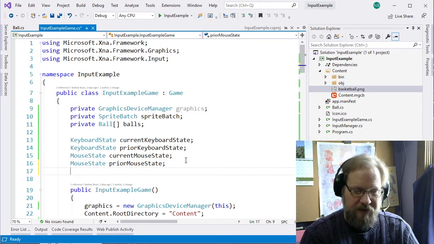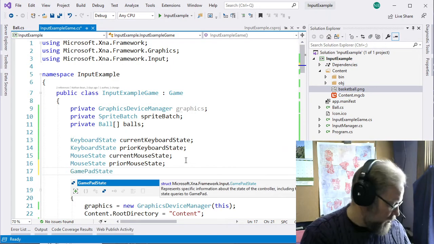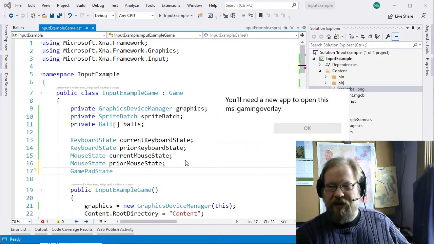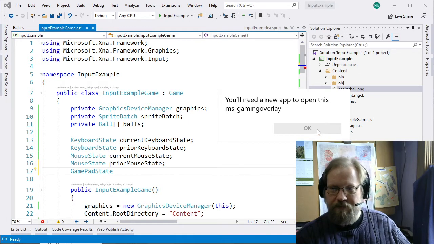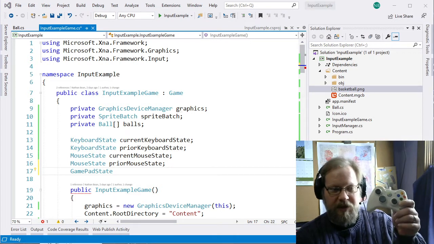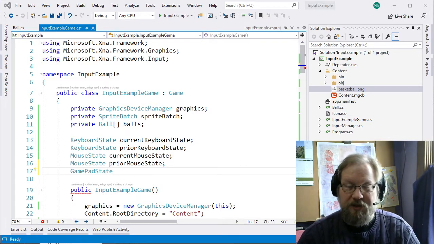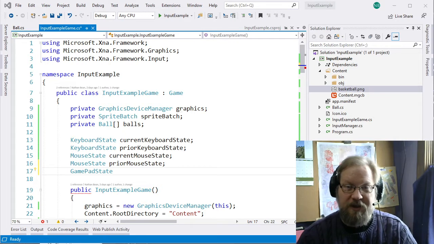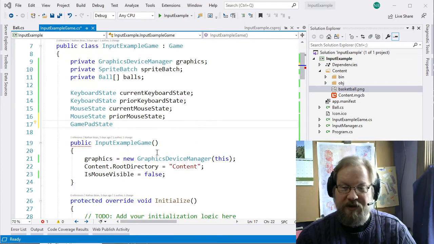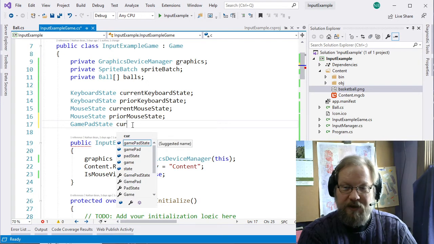So the next one we're going to take a look at is the Gamepad. And gamepads can look something like this, which is an Xbox 360 gamepad, just plugged in through USB. We can also have a lot of other types of devices which register as gamepads. For example, all of your Rock Band instruments will, and you might have a steering wheel or a joystick that will register as a gamepad. So all of those basically map back to this gamepad state,